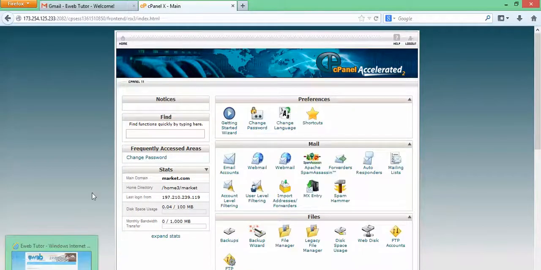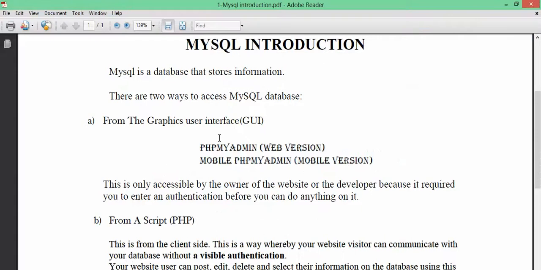The first thing is, I have told you that MySQL is a database. It's a database that stores your users' and site visitors' information. And as a web administrator, there are various ways in which you can access a MySQL database. The first way is using the graphical user interface. And option number one is what? The phpMyAdmin,